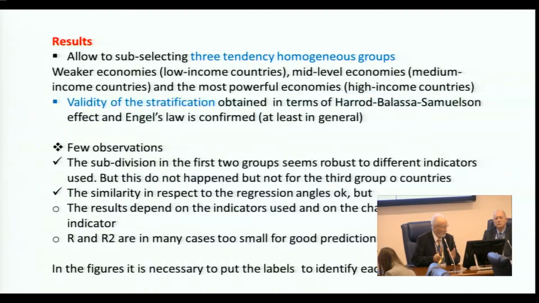So we need to be careful. From a statistical point of view, the correlation R and R squared are in many cases too small, in my view. You have seen sometimes too small is not more than 0.3. In this case, obviously, it's difficult to use this result to predict the effect in order to design policy, because when you have R squared so small, it's impossible to use for that.